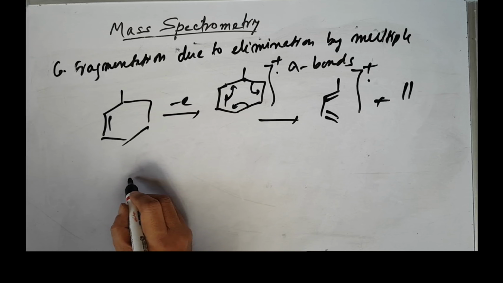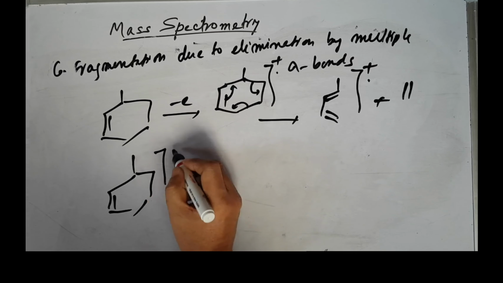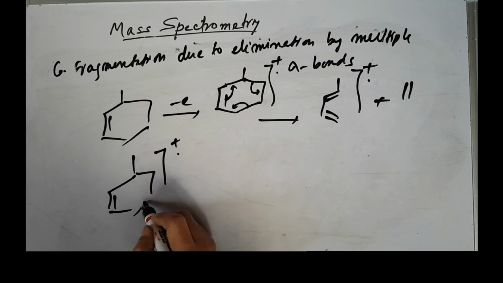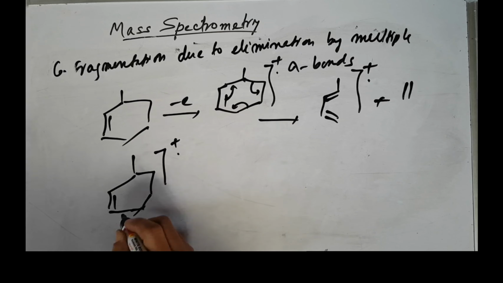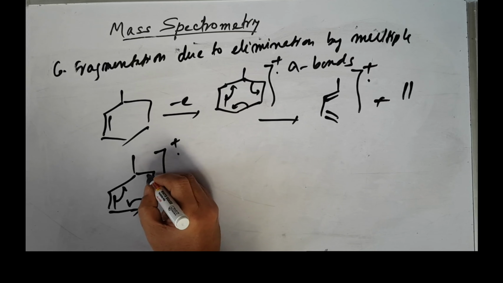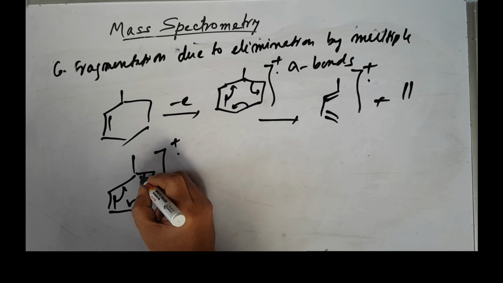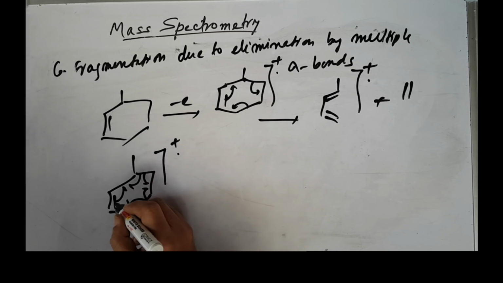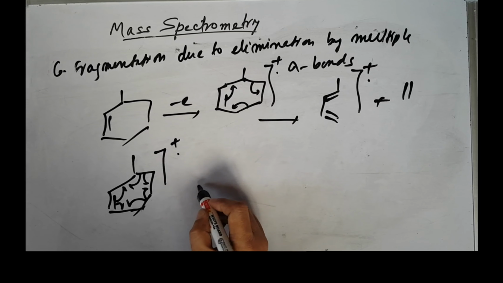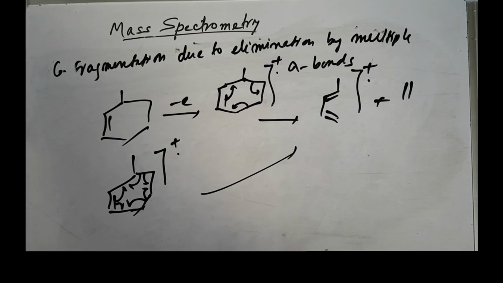But similarly you can also have a single electron movement. Okay, this is the molecular ion, this one. So a single electron movement can take place. This one goes, that is a double bond, and this also gives a double bond, and the other one like this. So it is the same product. Okay, but here is one electron movement and there two electron movement. So fragmentation takes place due to this. So today we will take up this, up to this much.